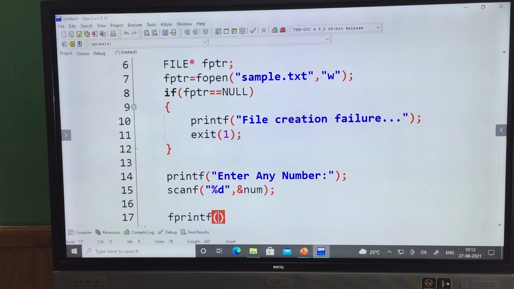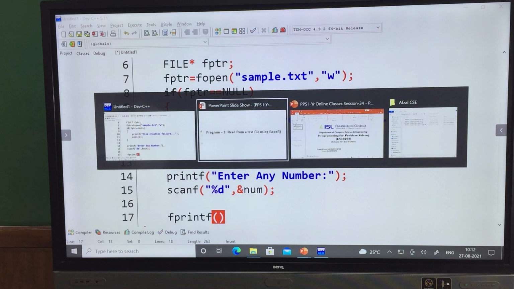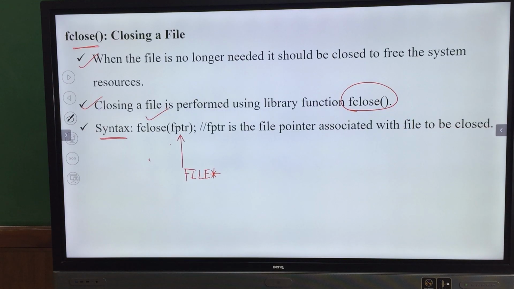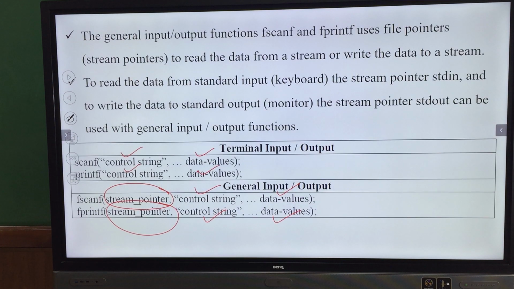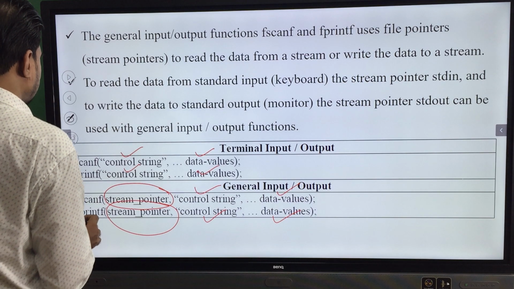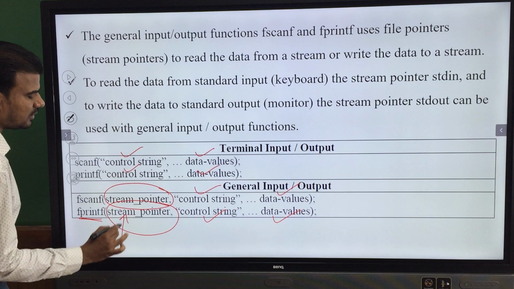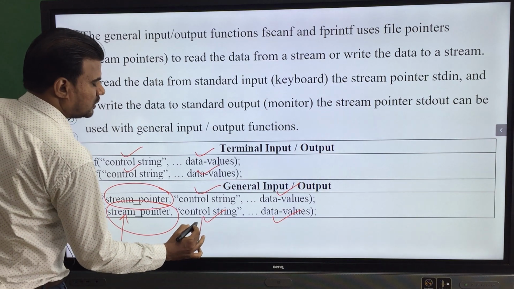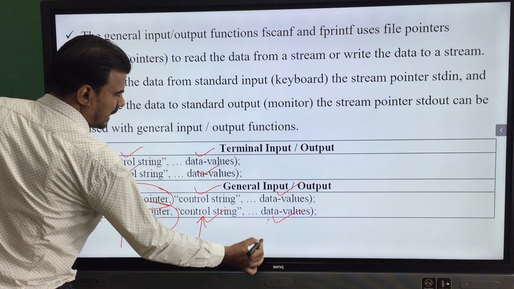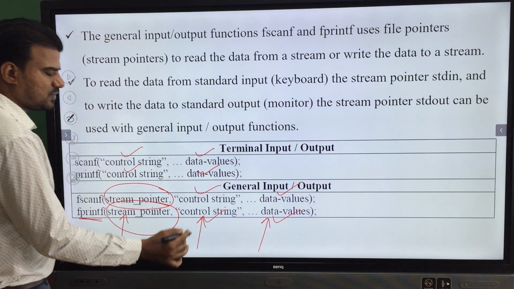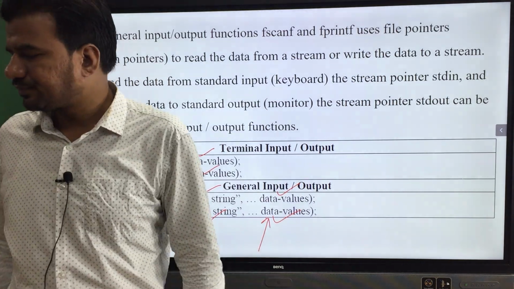Fprintf will take three things, as you can see over here. This fprintf function is taking stream pointer, that is nothing but your file pointer, control string with conversion codes, and data values. Three things we need to supply.